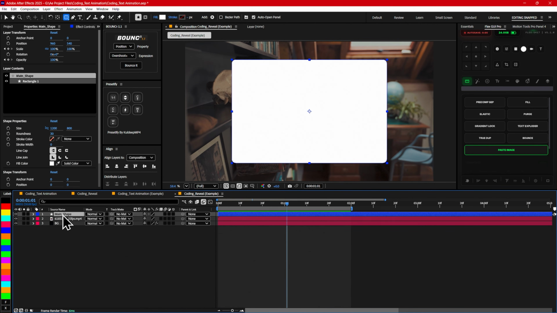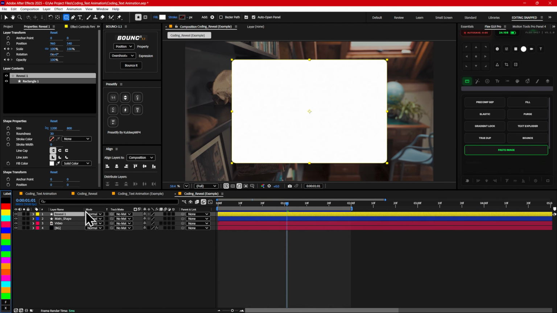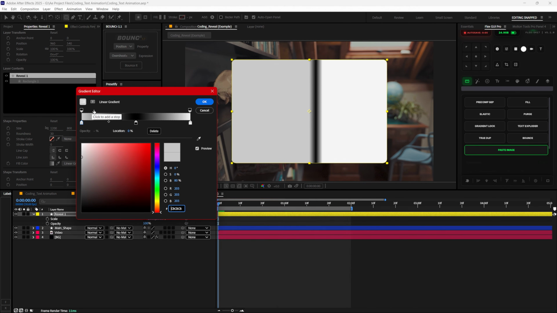For that, just select your shape layer, hit Ctrl D to make a duplicate of that, and let's quickly rename it as reveal 1, and let's change its color to yellow. And finally, let's delete the property for scale and opacity for now, and just select your layer, and in the fill section, holding Alt, just change it to linear gradient. And for the gradient option, you have to set these colors, like first color as a bit grayish, the second grayish, and in the middle of the color, just set it to dark gray or black color and hit